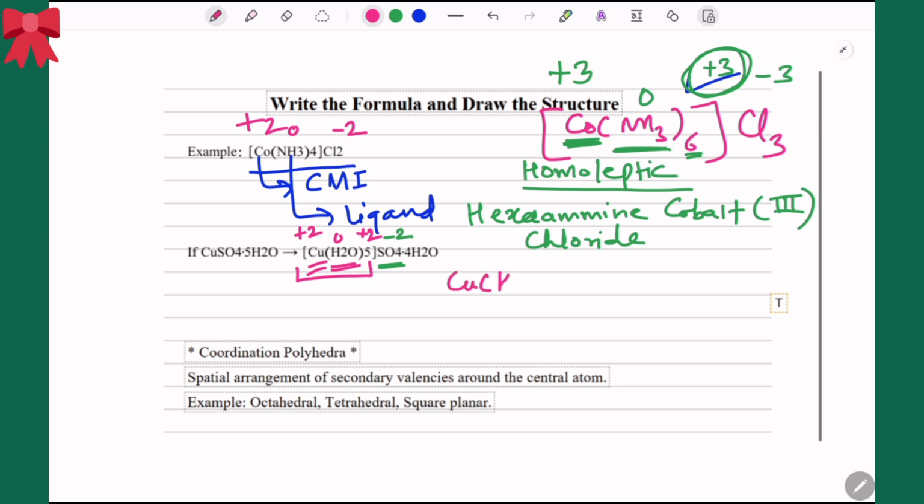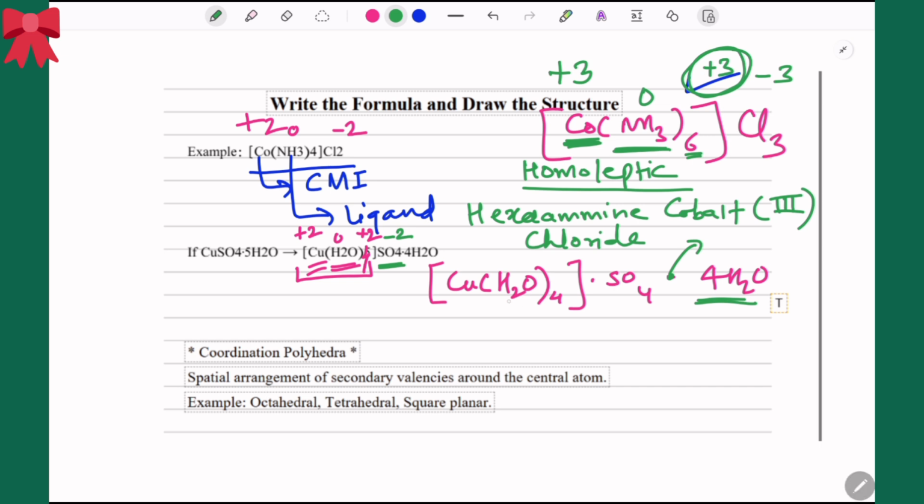If I write it once again for your simplicity, it will be [Cu(H2O)]. I think it should be 4 times, it should not be 5 times. So there's an error over here. This is 4 times, right? So [Cu(H2O)4]SO4.H2O. So what is this dot? This dot is nothing but hydrogen bonding, and this kind of thing can be shown as water of crystallization. Whenever you have water of crystallization, you just show that dot over there.